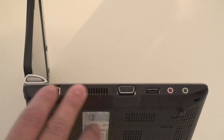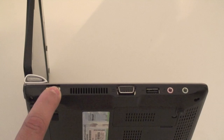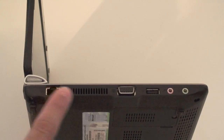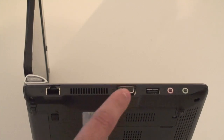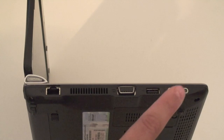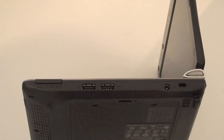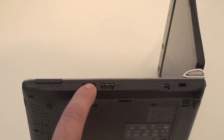On the left hand side of the machine, you have here a 10/100 network card along with a built-in wireless 54G network card, so you have wireless onboard on this. A ventilation slot right here. You also have here an external monitor port. You have a USB 2.0 port right here, a microphone jack, and a headset jack if you want to add external speakers. On the right hand side of the unit, you have here the power adapter connection, 2 USB ports,